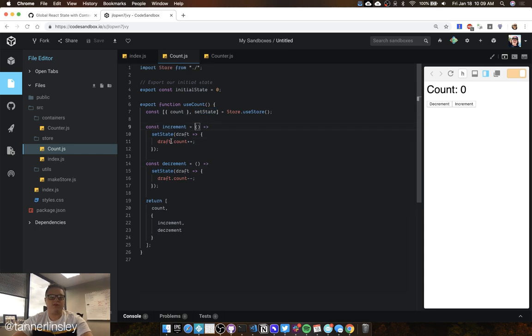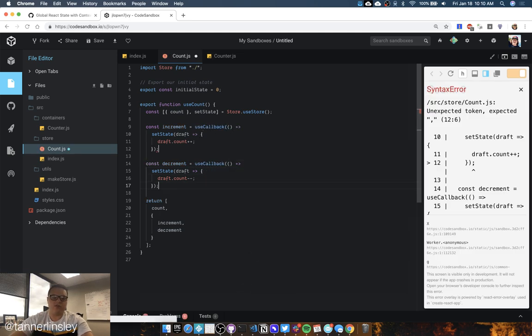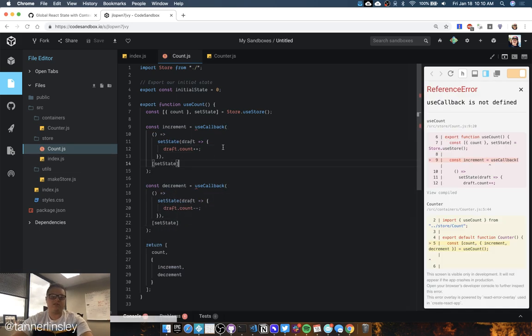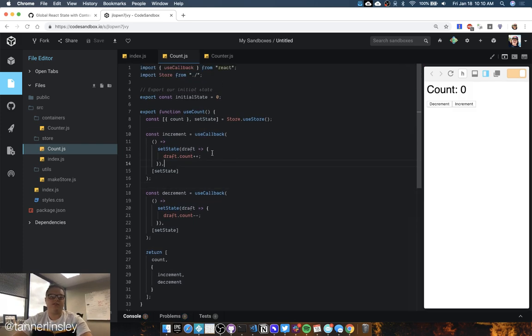And what's really cool is some people might say, oh, well, you might be making these increment and decrement functions over and over. Well, if you wanted, you could use callback to create these functions and tell that callback to only update when set state updates, which set state will technically never update from use Immer, at least as far as I know. So if we import use callback from React,